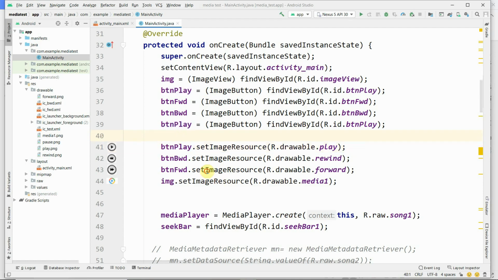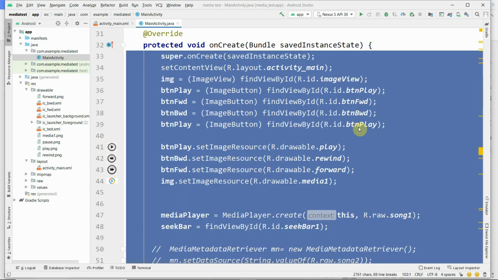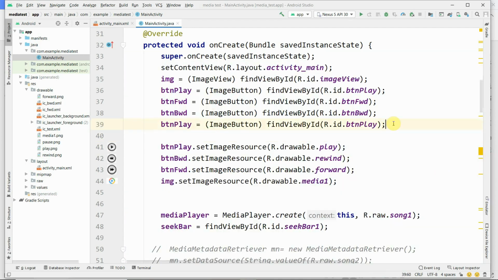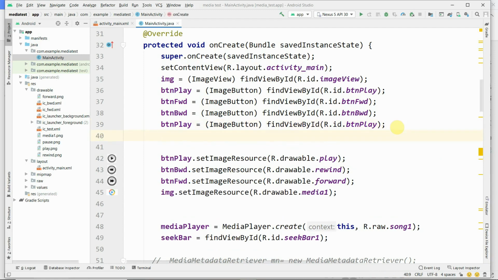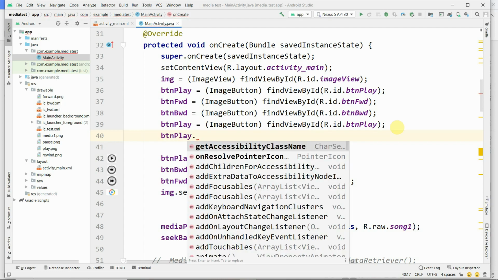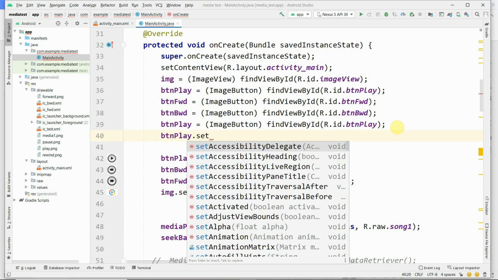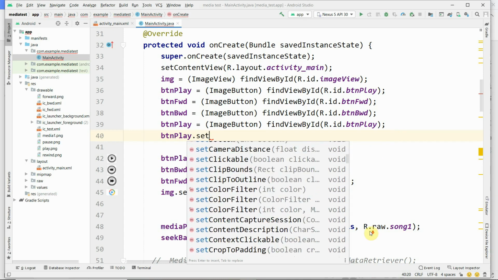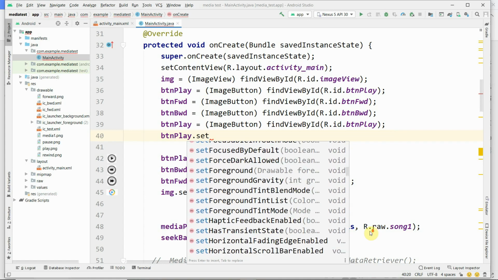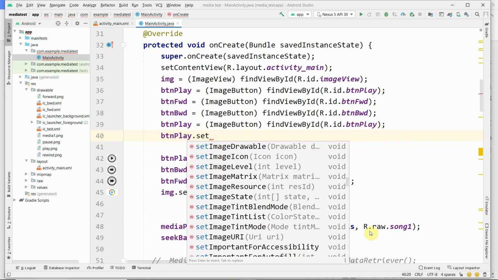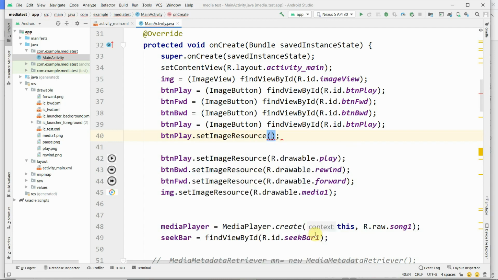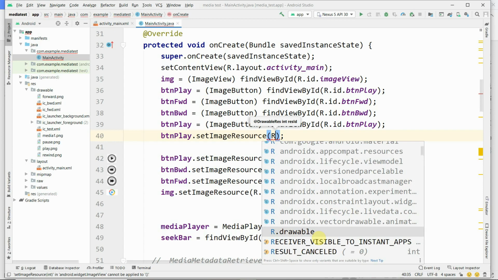See, when you type the object name btn_play dot set image source, you can scroll through this. Okay, select the setImageSource method, then use R dot.